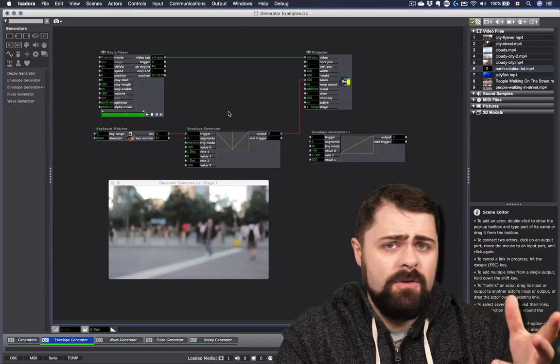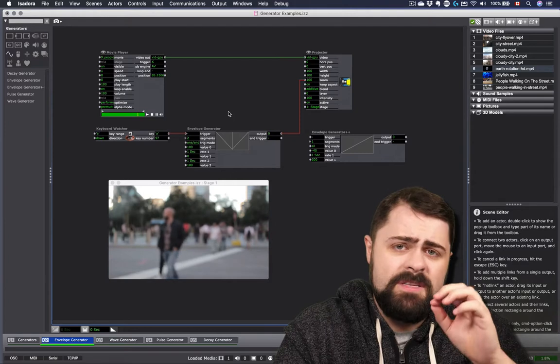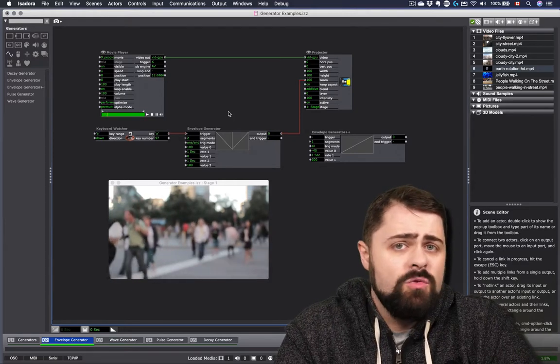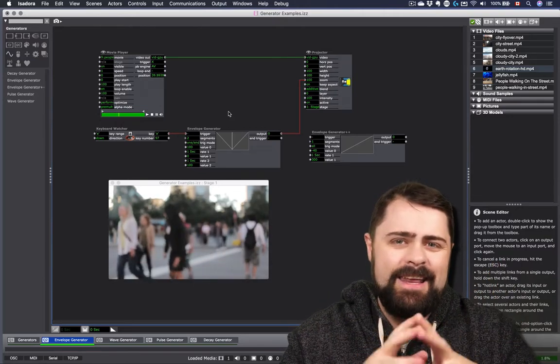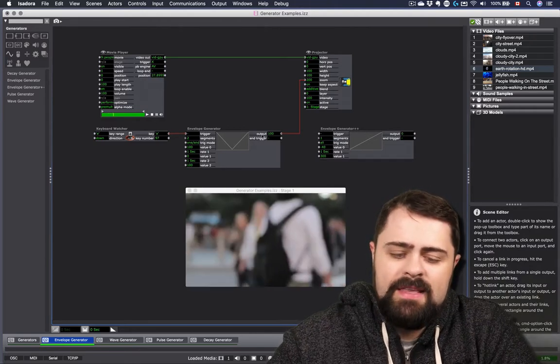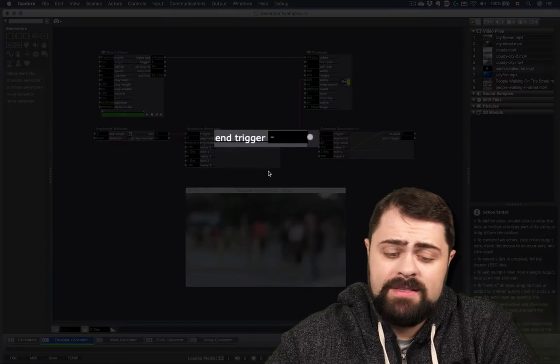This is a very powerful actor, and we're going to keep coming back to it in some of our future tutorials, particularly as we explore using the video effects actors. So I do recommend practicing using it so that you really get comfortable setting it up. One final interesting feature of the envelope generator is the end trigger output of the envelope generator actor itself.